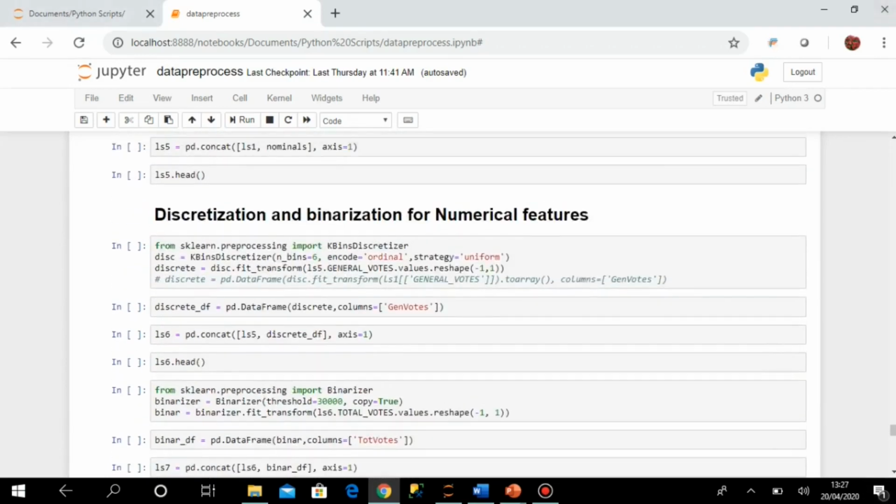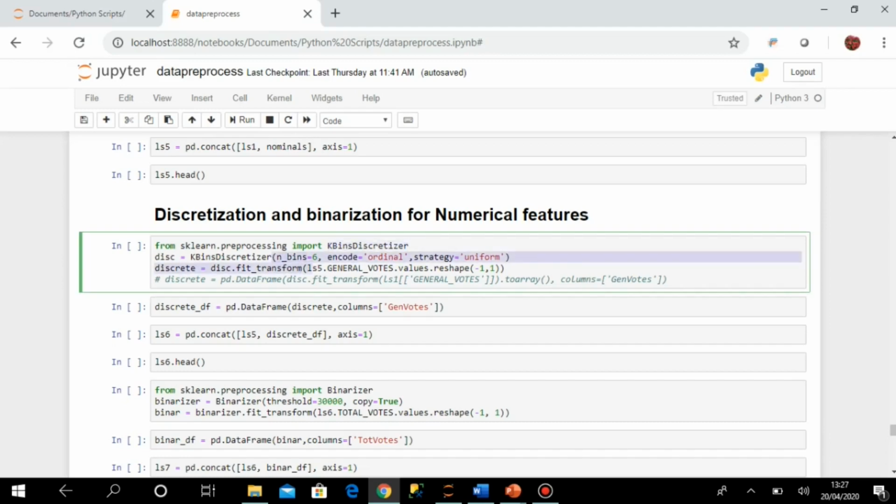So here I am going to import this KBinsDiscretizer. Okay, what it is doing, you can see that n_bins equal to 6, and then the encoding, how to do the encoding. Okay, and then the strategy. These are some of the arguments that you can mention here, for how you are going to do the encoding. We'll come to that at a later point of time.